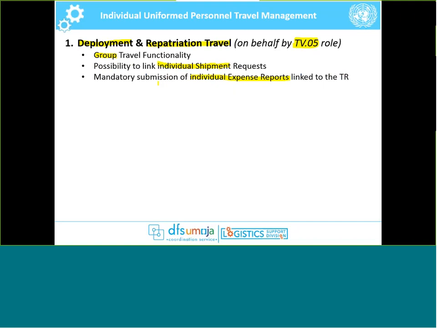Okay, so this is the first type of travel that we will talk about during this session, and the idea is that later on we can even do a demo in the training environment to see how, as a travel administrator, you will raise deployment or repatriation travel, or any other type of travel request. So the second type of travel we want